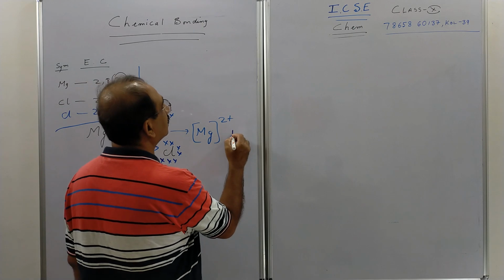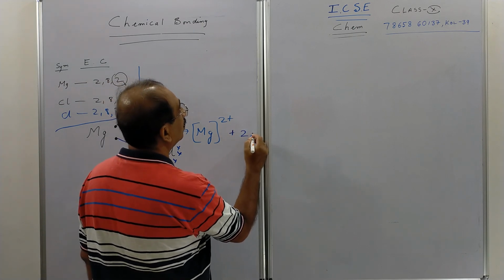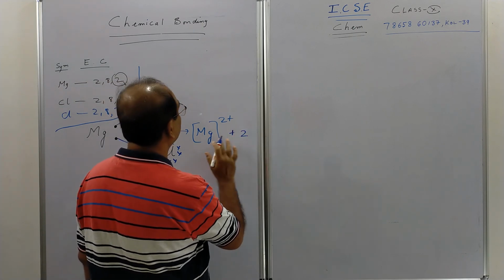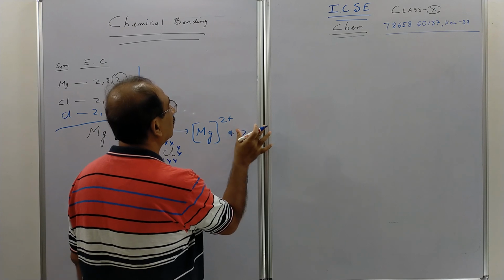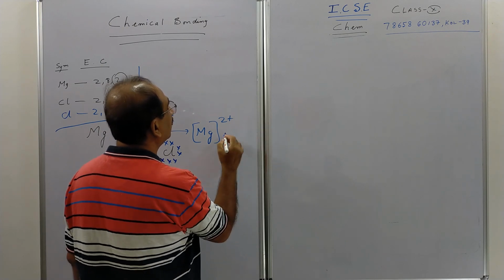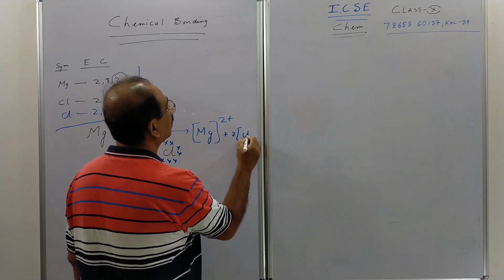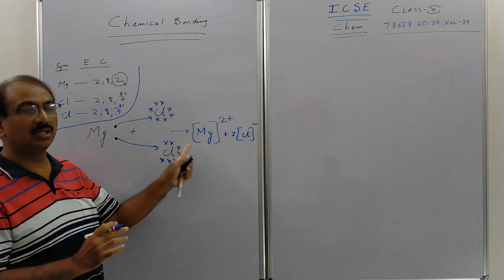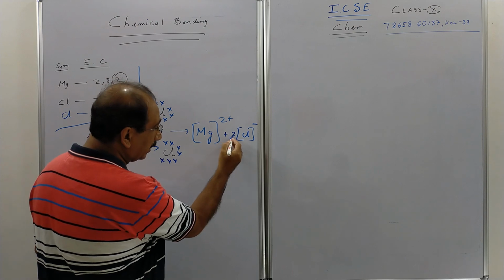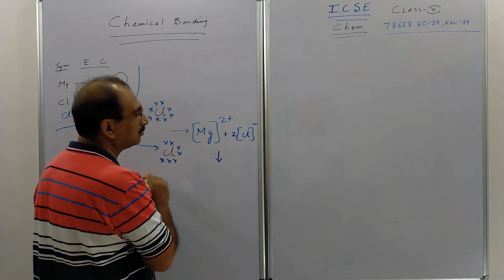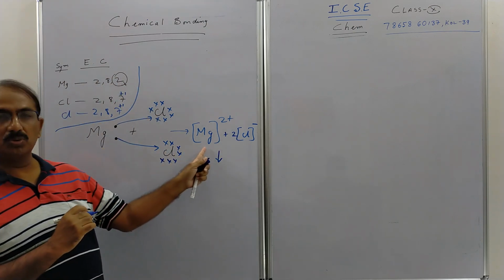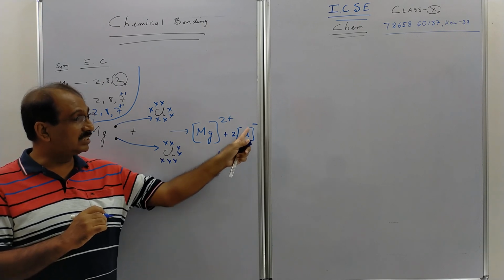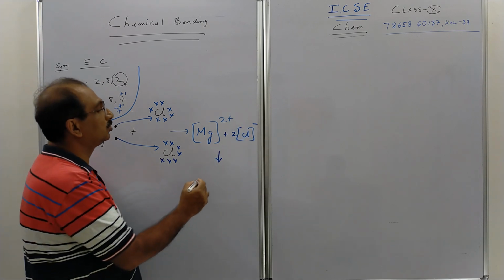And this chlorine, see how I write 2 Cl, okay, let me write it a little left, plus 2 Cl negative. 1 chlorine will get 1 negative only, so I have 2 chlorine atoms. See the writing style, children. Magnesium becomes 2 positive and 2 Cl negative. So this becomes